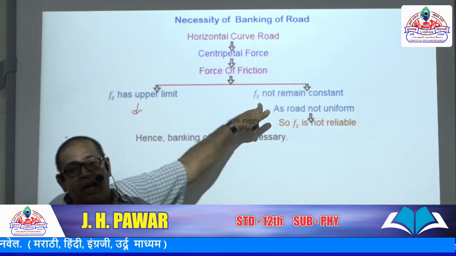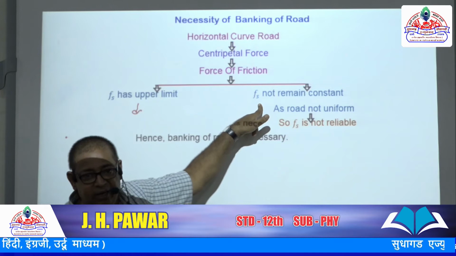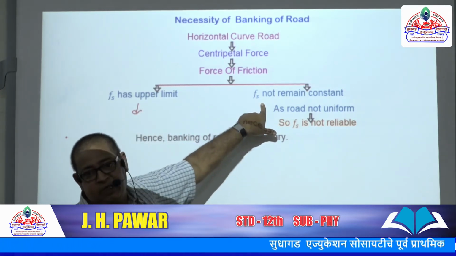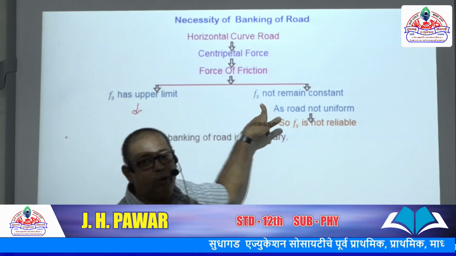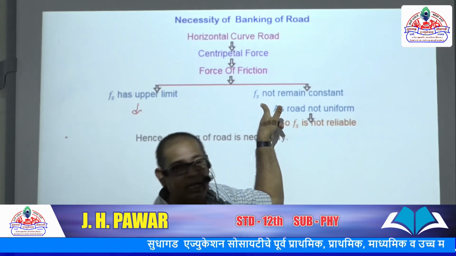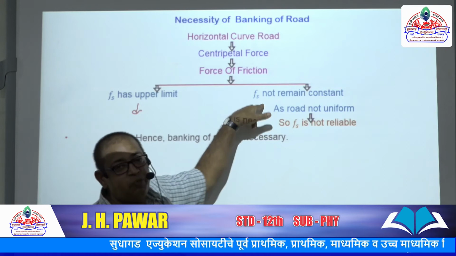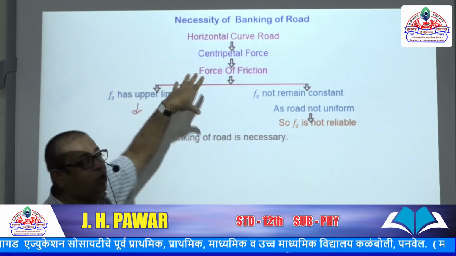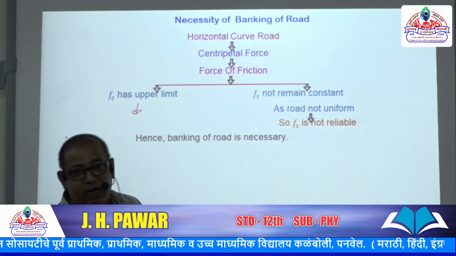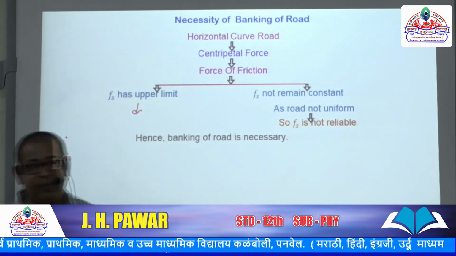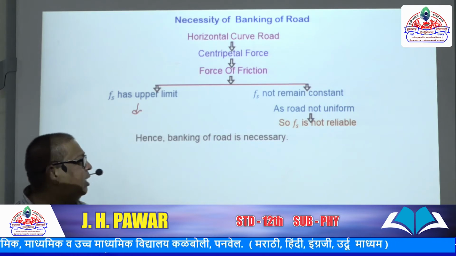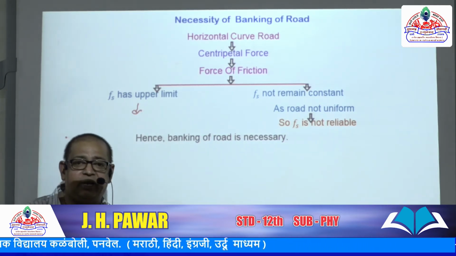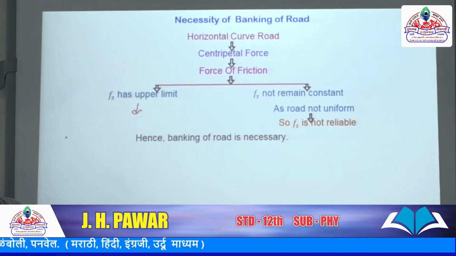During the rainy season, the road becomes wet due to rain, so the force of friction decreases, and the magnitude of the force of friction decreases. And as the magnitude of the force of friction decreases, then what happens? The maximum safety speed also goes on decreasing. So this method is not a proper method to increase the maximum safety speed. So what do we have to do? Then we considered the banking of road is the best way to ensure the safety of moving vehicles.